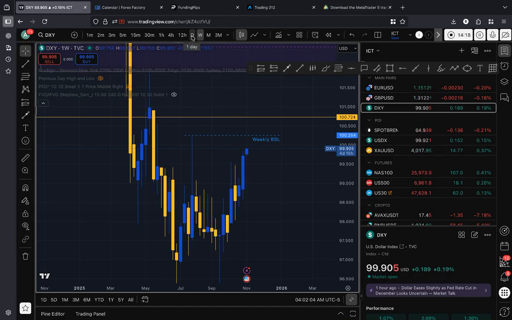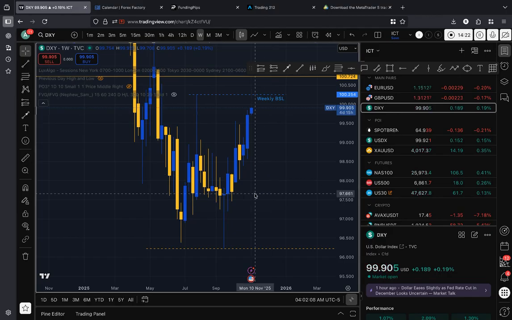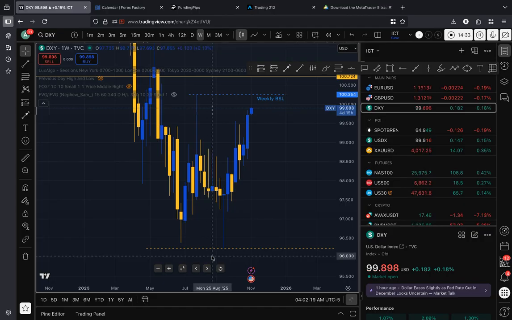Then let's go to the daily charts. Notice how I didn't give you any sell side liquidity for this one. It's because there's not really any sell side liquidity to actually look at over here. The closest sell side liquidity is at the side. That's the closest, because ideally, when I'm talking about sell side liquidity, I want a candle whose wick is lower